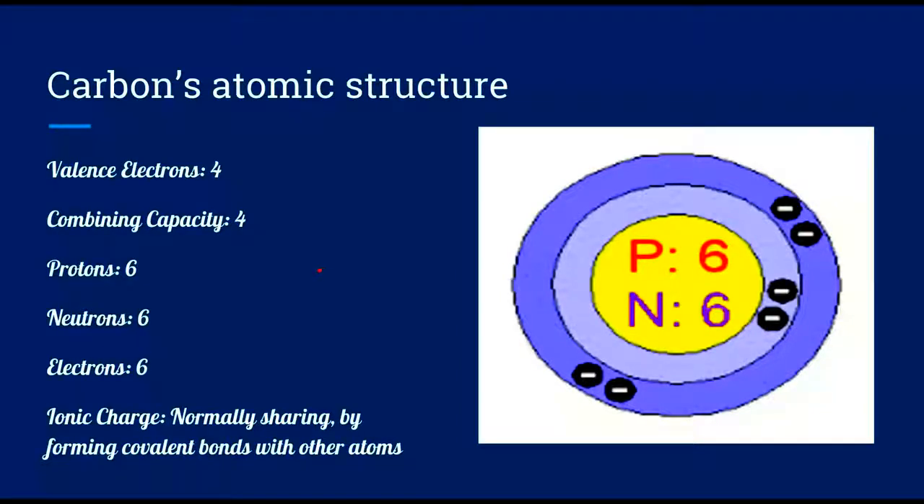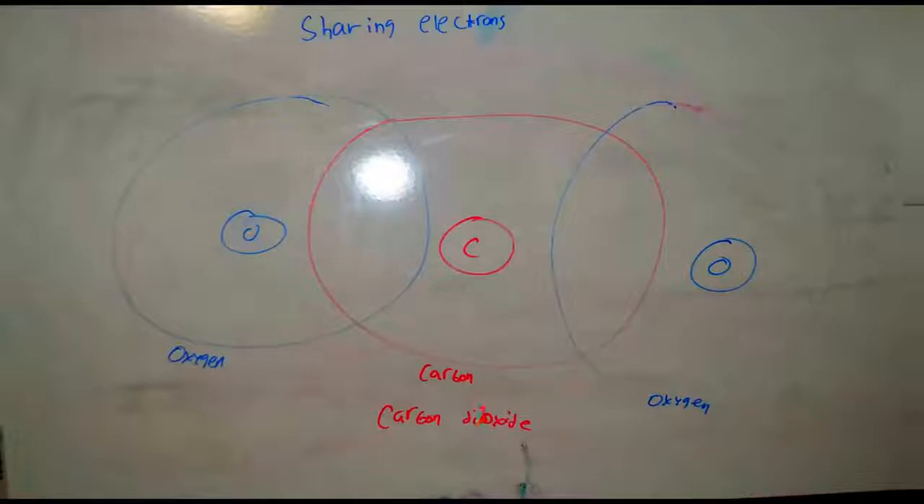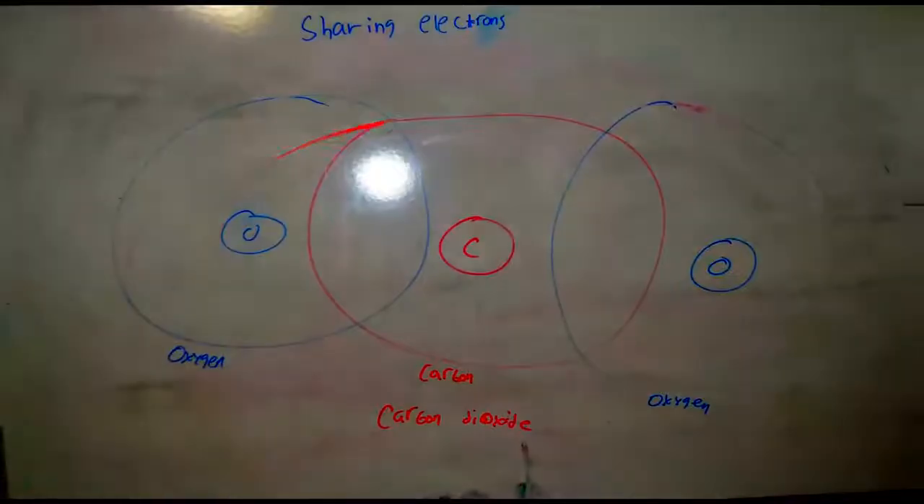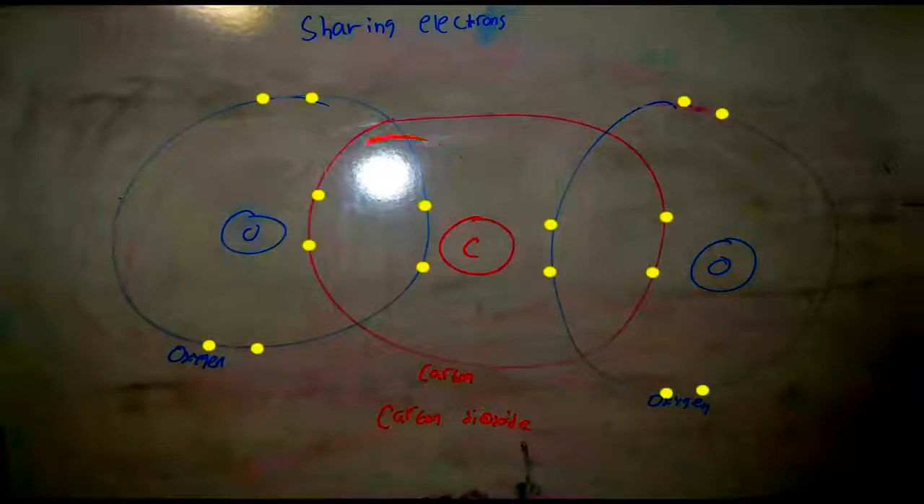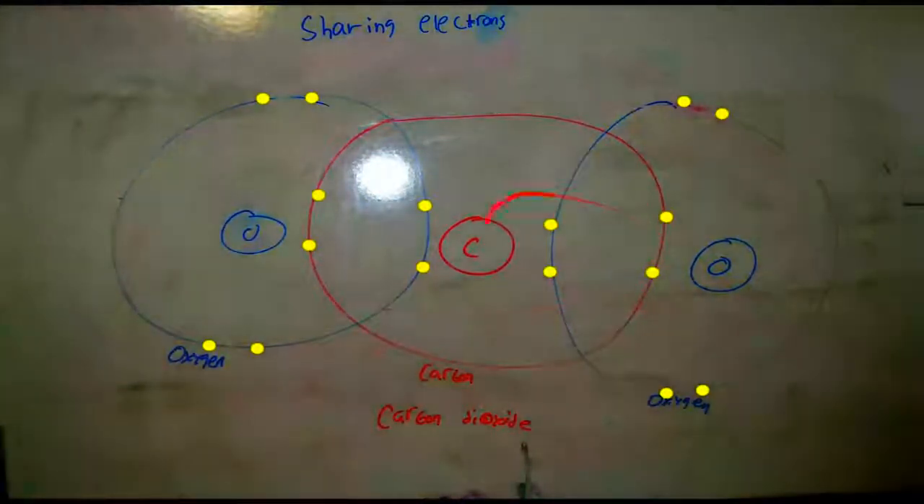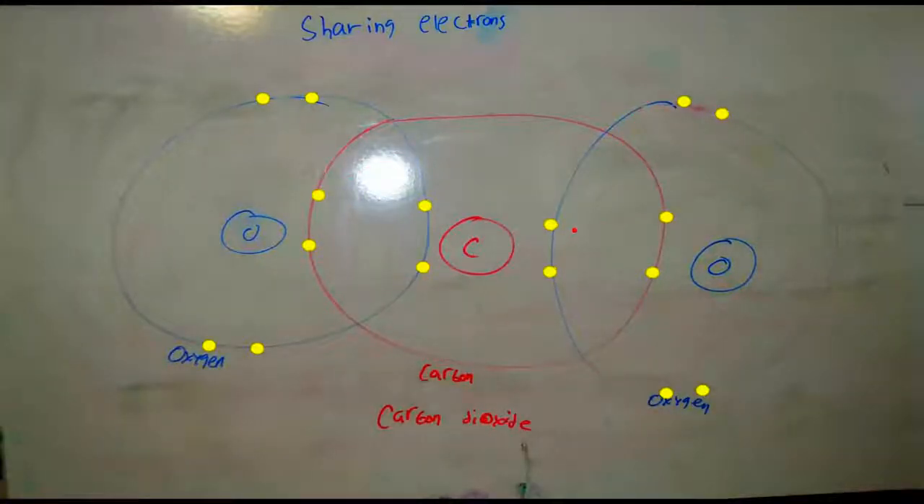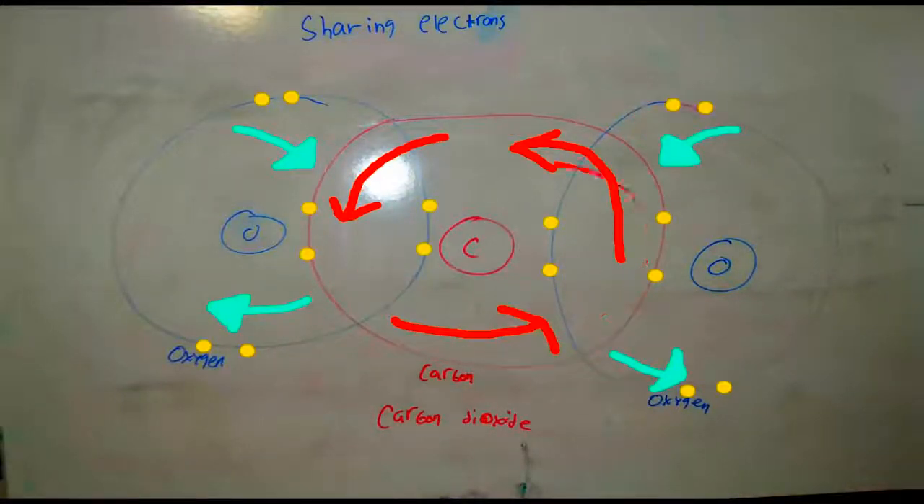When it comes to its ionic charge, it's really special. It doesn't really take or give away, it sort of just shares with one another. For example, we have carbon dioxide. You see the oxygen just on this side and oxygen on that side, and you have carbon in the middle. As you can see, it's electrons right here. They're not really taking from each other, but they're sharing it. What's happening here is that they're both spinning really fast to the point where they have all their 8 electrons